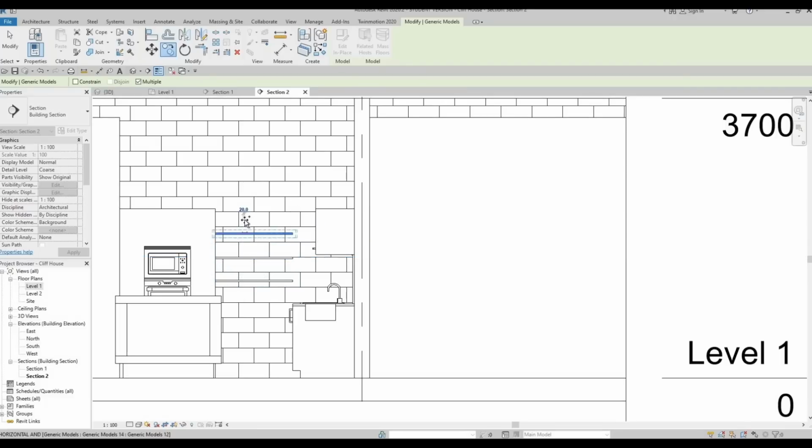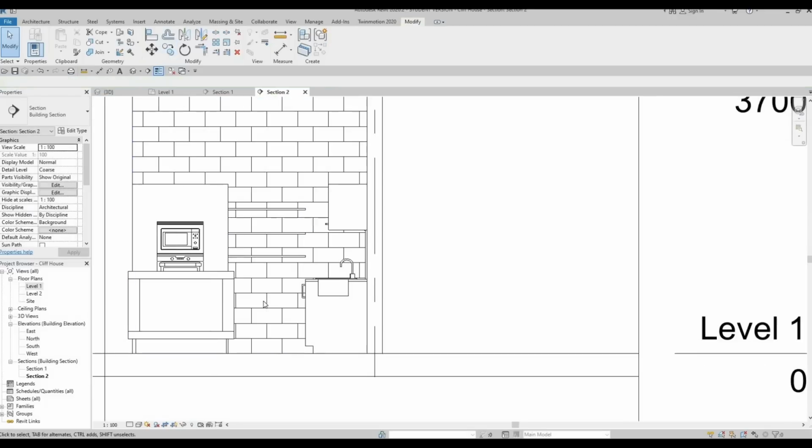So just keep on adding like that. So I believe 3 is enough,